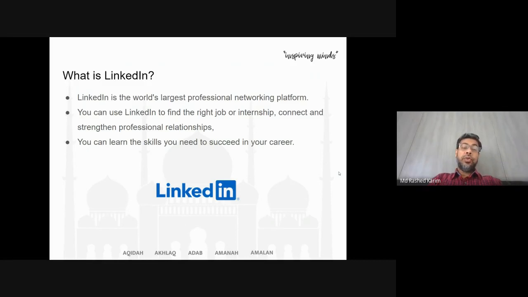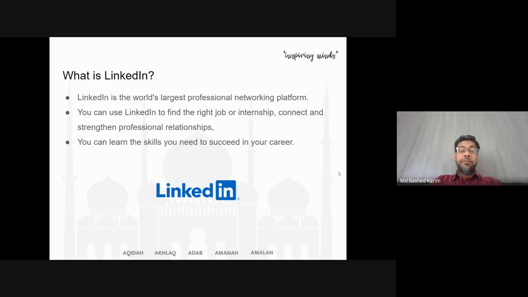So you can use LinkedIn to find the right job or internship, or connect or strengthen professional relationships. Not only for the job seeker; if you want to be an employer or have your own business, you should have at least a LinkedIn profile so that you can get the right people from the world.